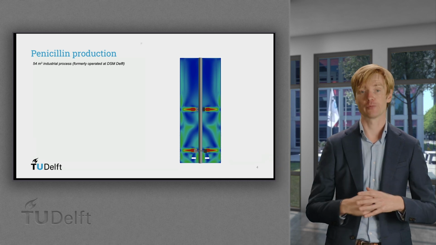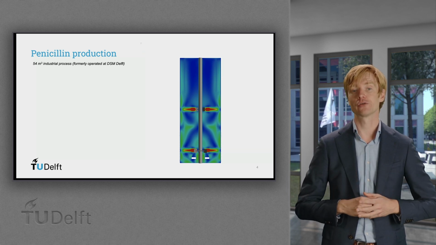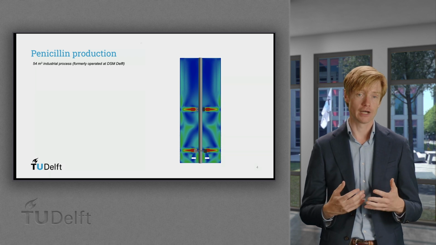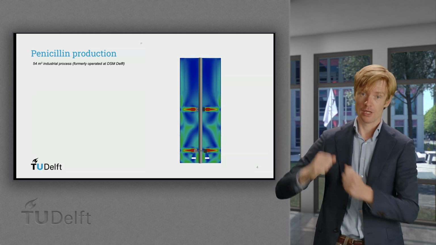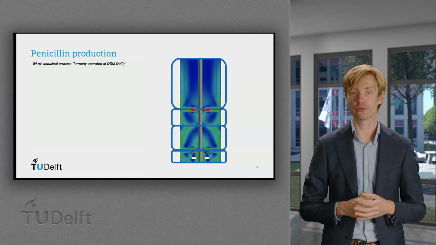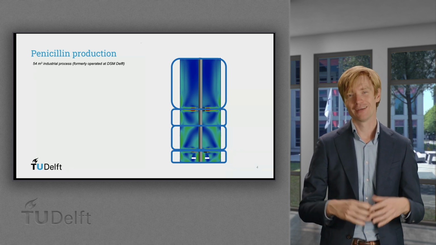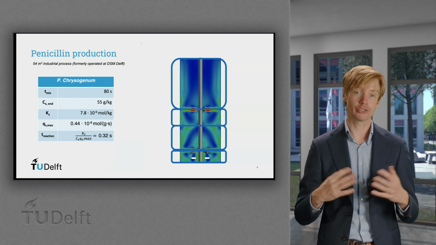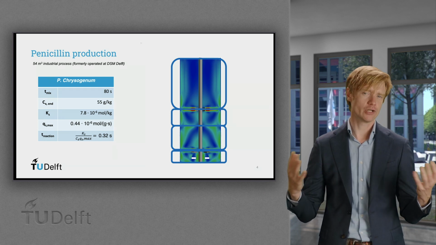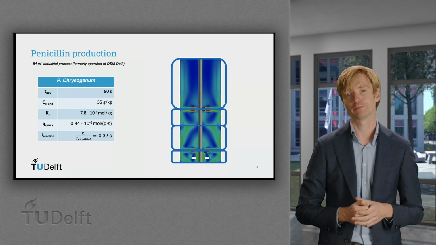And here you see a simulation of a 54 cubic meter reactor with two impellers and the resulting flow field. In the flow field, you can already interestingly identify the formation of certain compartments. And mixing between these compartments may be poor and could be something to address. For validation, we have used the mixing time. A mixing time of 100 seconds was measured in practice for this reactor. The simulation gives us 80 seconds. Good enough considering the simplifications of ignoring airflow and also the fluid rheology.